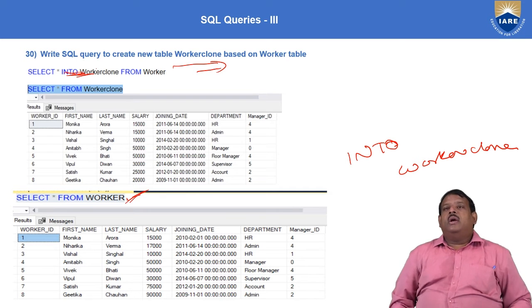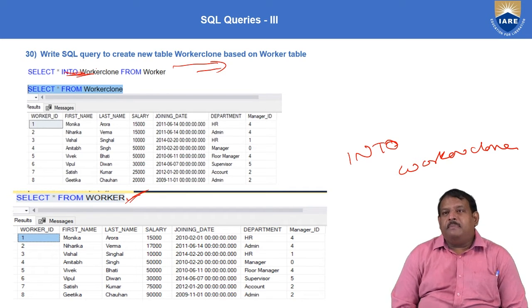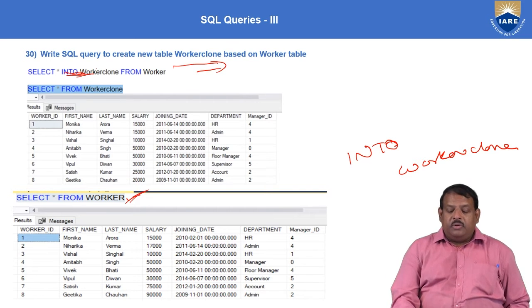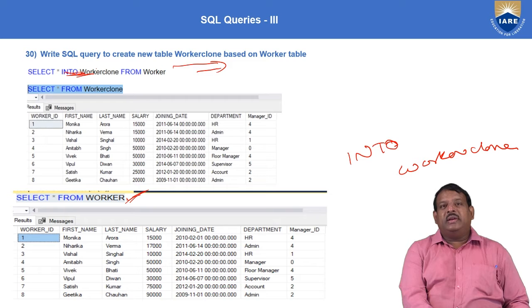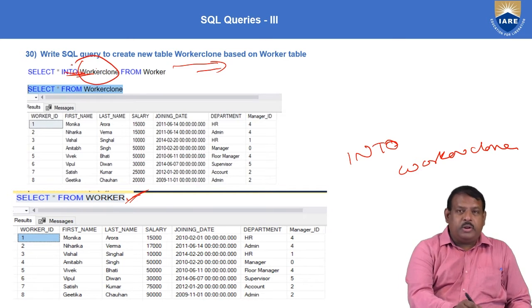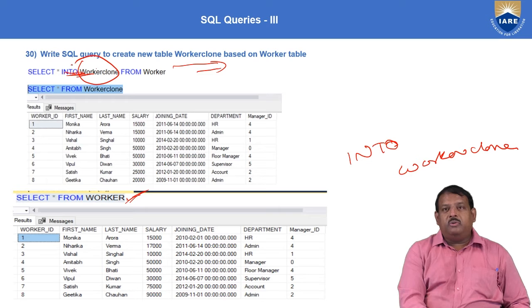So in this case, you are saying select star, which means all the columns, into workers clone, which is the new table name. So workers clone will be the new table name, and you want to copy from the workers table.